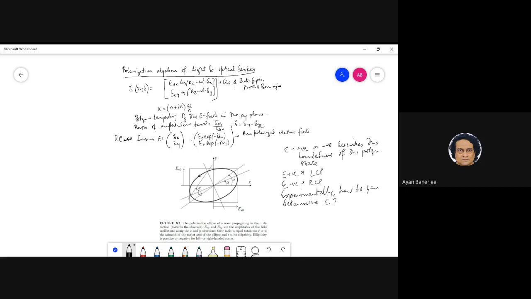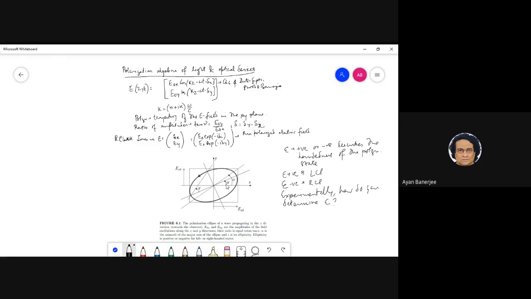So remember, the orientation of this ellipse with respect to my x-axis is given by alpha. And the angle of whether it's right-handed or left-handed, and whatever this ellipticity is, that is characterized by epsilon, right? So, as Rohan said, I need to first project this to linear polarization. Of course, I will use a quarter wave plate, and after that I will use a polarizer.